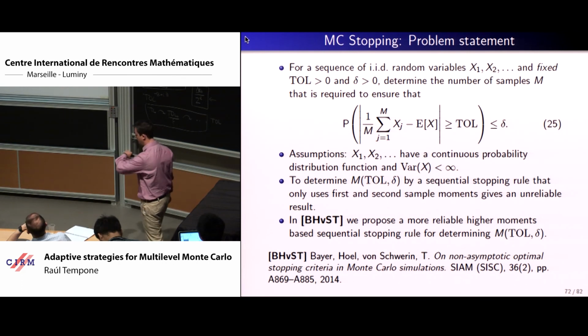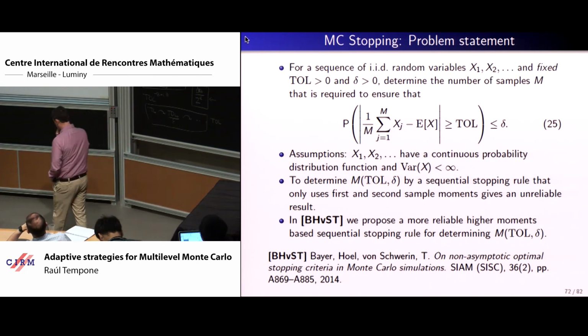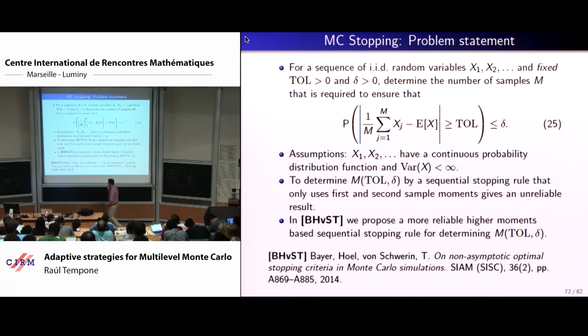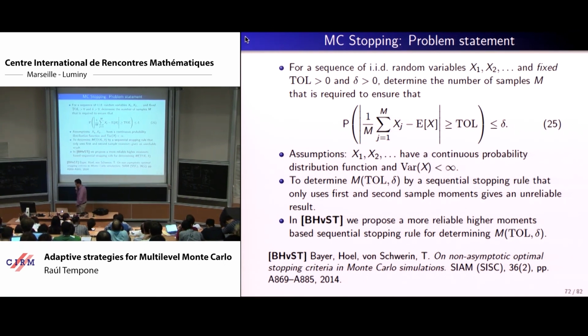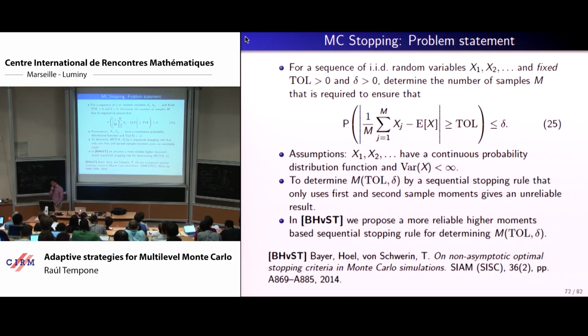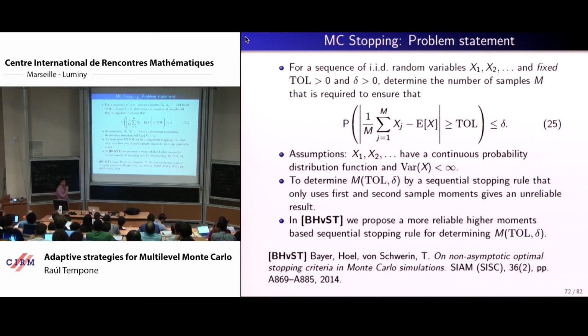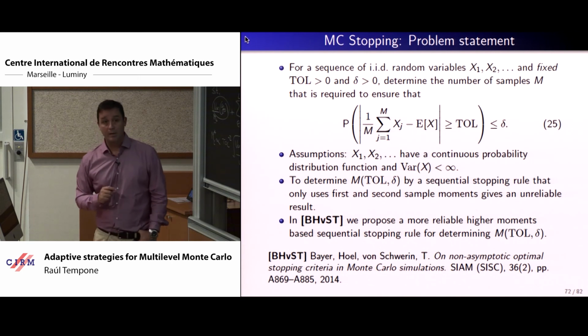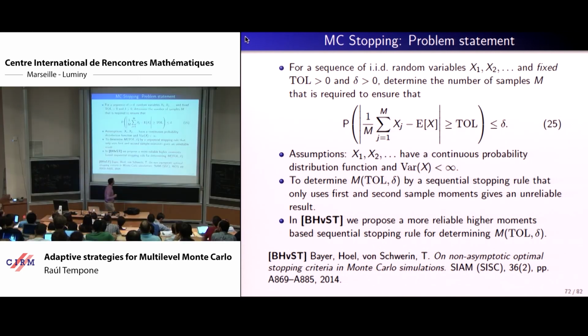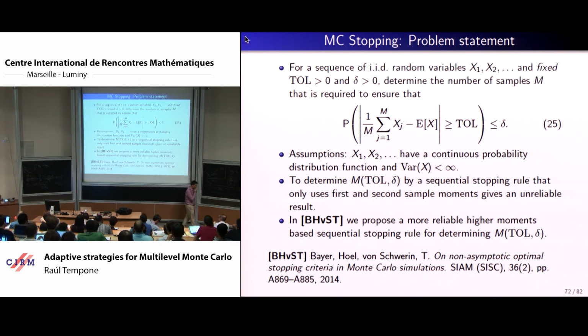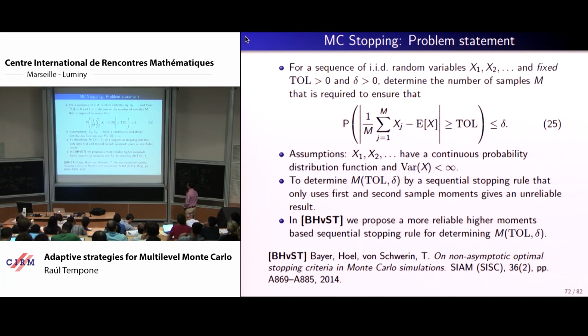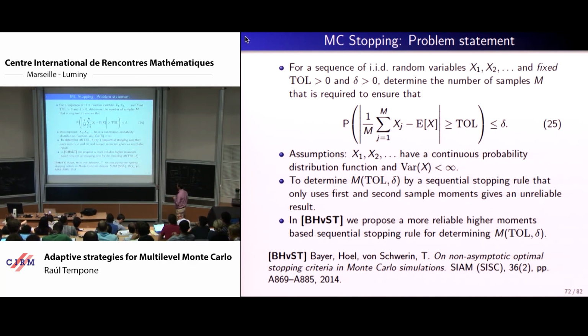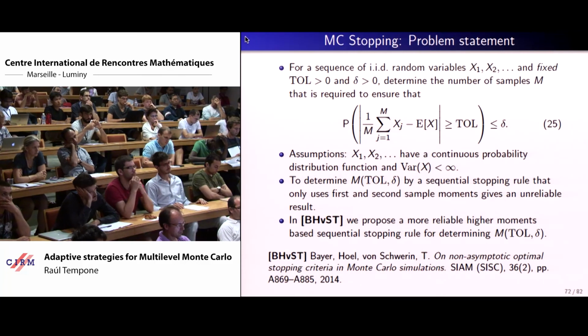Okay, so last thing before I run out of time, a little bit of adaptivity with respect to M, and I just touch upon the classical expected value computation using just Monte Carlo, just to close it up. So what's the point here? You want to compute the expected value of X using IID sample averages, and you want to prescribe again this delta, which is the confidence level, and you want to prescribe also the toll.